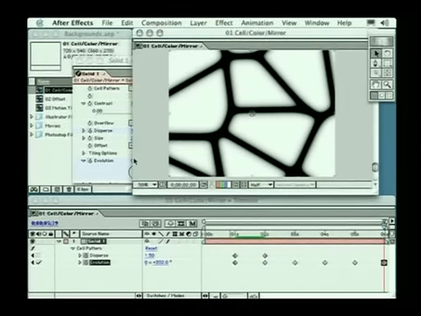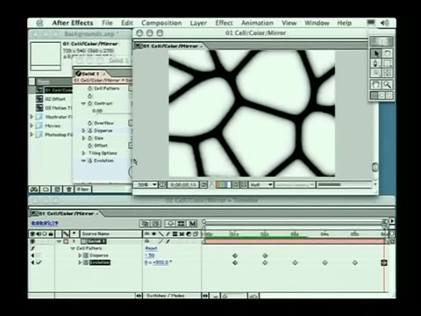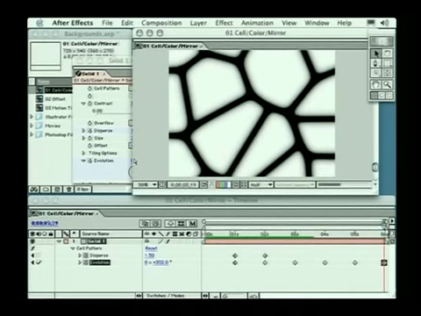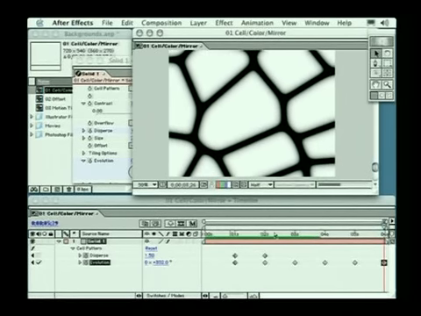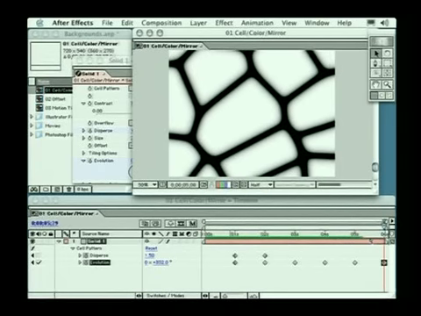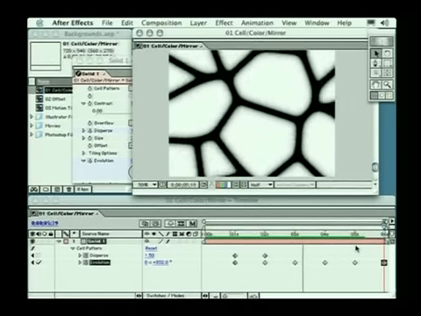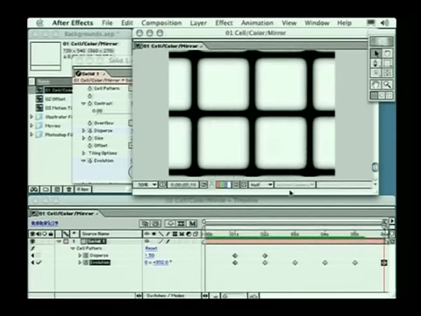So if I hit 0 now, let's do a full RAM preview of this. We can see it changing shape only between those different 1 second parameters that we have. So we've already got our change between 1 and 2. It's now rendering 3 and 4. And then it will pause there, go through to 5 and carry on to 6. So let's just preview that. So there's our shape change, carries on from there, and it's giving us these great areas where we can then